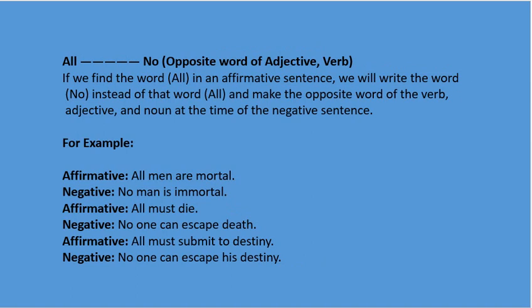All, no. Opposite word of adjective, verb. If we find the word all in an affirmative sentence, we will write the word no instead of the word all and make the opposite word of the verb, adjective and noun at the time of the negative sentence. For example,